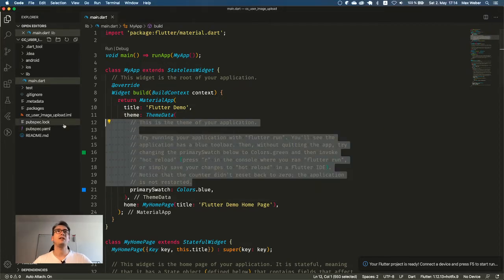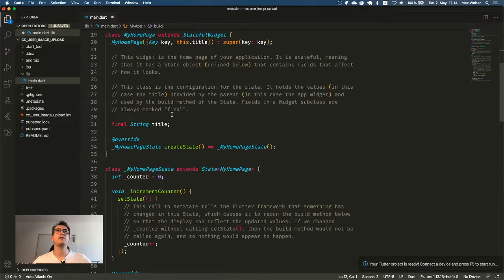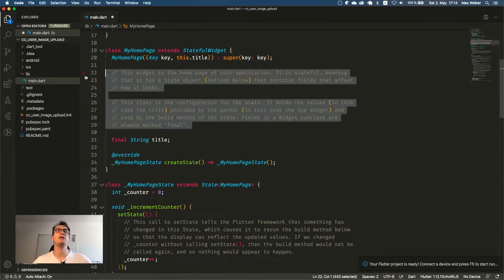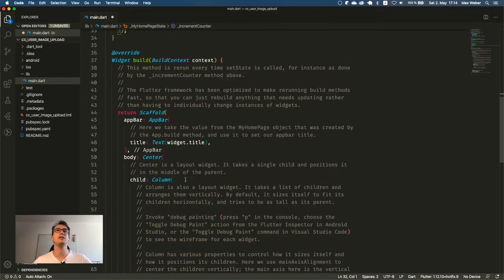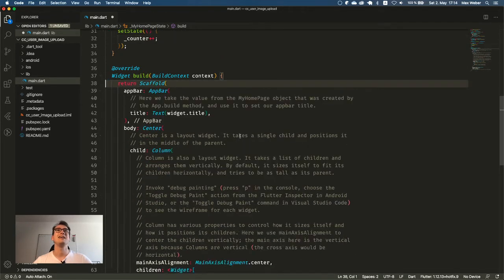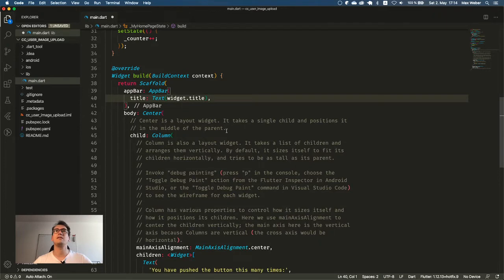Okay, so we delete everything from our boilerplate. I think you have already read the comments a lot of times, and if not, it makes really sense, so read them. So everything is here, so we clean up.